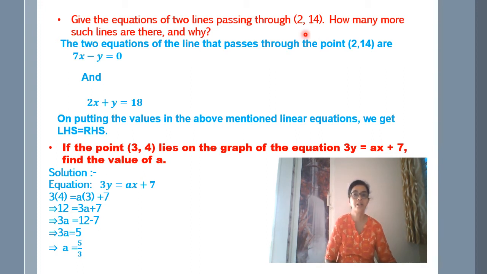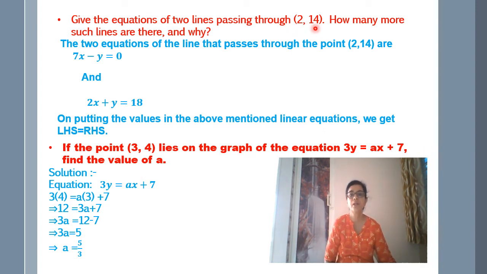But the condition is given in the question. You cannot change the condition. Be particular about it and understand that also. The condition is that the x coordinate must be 2 and the y coordinate must be 14. You cannot change those values. Under that particular condition only you have to make the equations. You cannot make other equations, like saying, madam, I am going to change the value of x and y. No, it is not allowed. The values of x and y should be the ones that are given in the question.